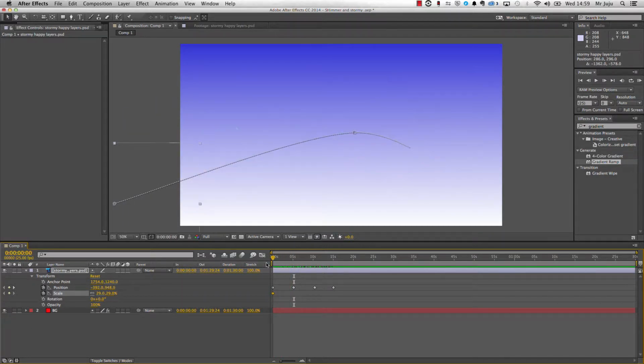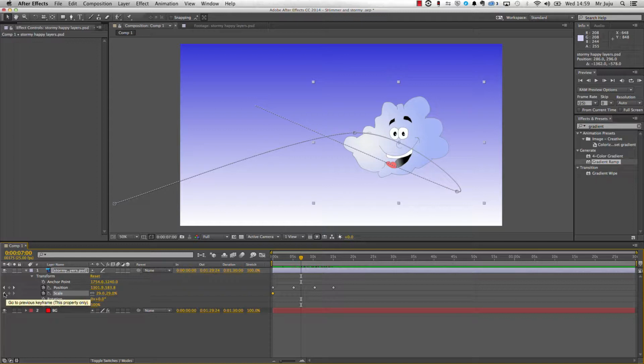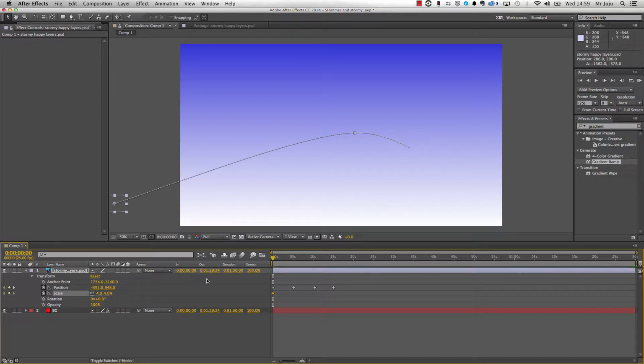which I can do by dragging back to the beginning because I know it's at the beginning. If it wasn't right at the beginning, what I can do is over here I've got jump to next keyframe. So if I click on this, it's exactly onto that keyframe. I can bring my scale down to really small, 4%. That should do nicely. Now if I drag forward, you can see he stays at 4% because what I need